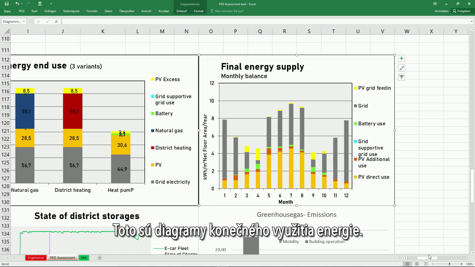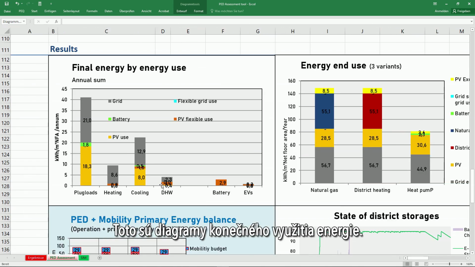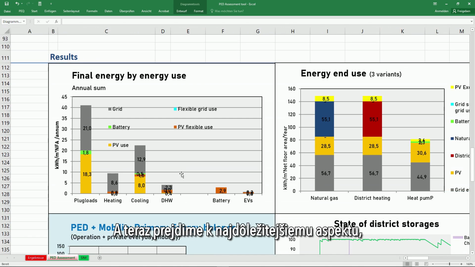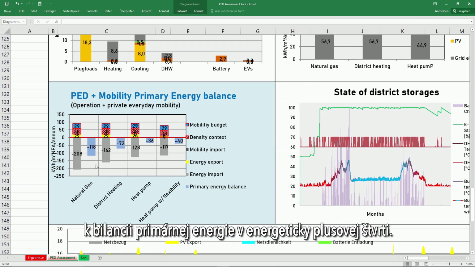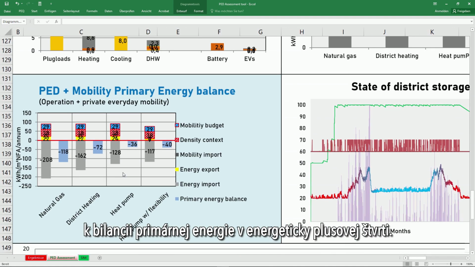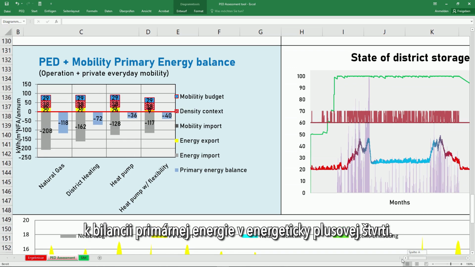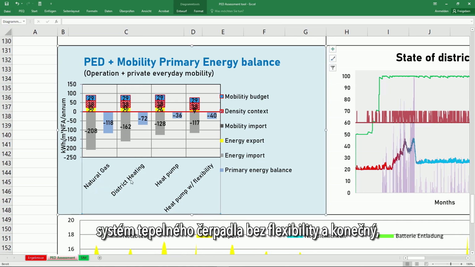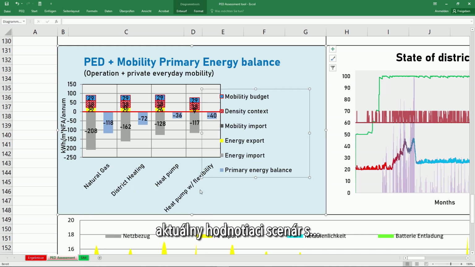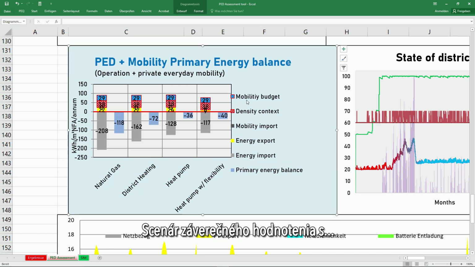So these are the energy end use diagrams, and now let's come to the most important aspect, the positive energy district primary energy balance. And what you see here again is 4 different scenarios: natural gas, district heating, the heat pump system without flexibility, and finally the actual assessment scenario, the final assessment scenario with